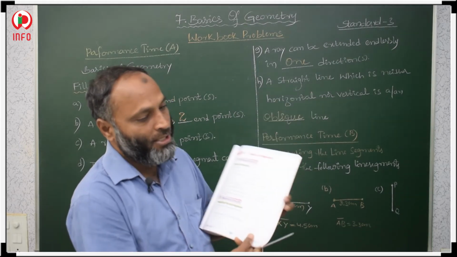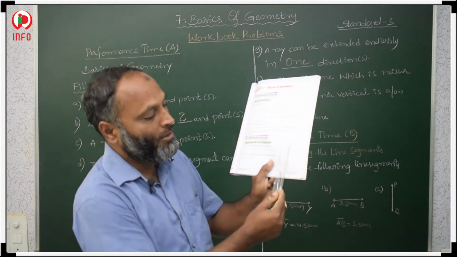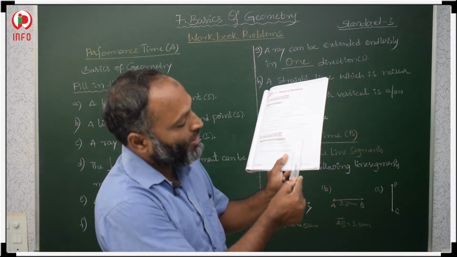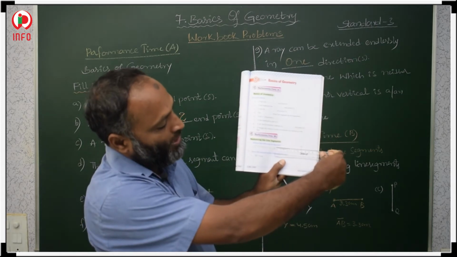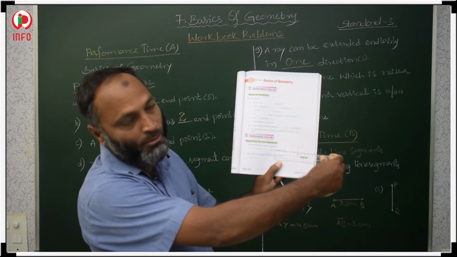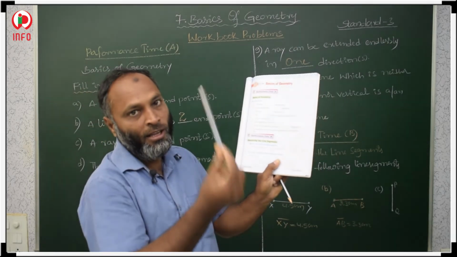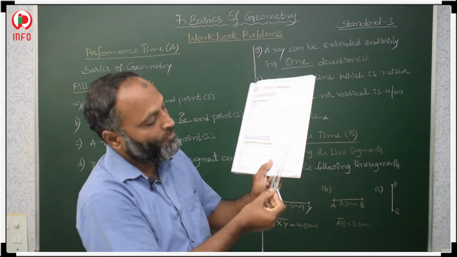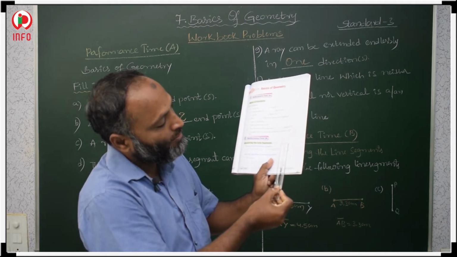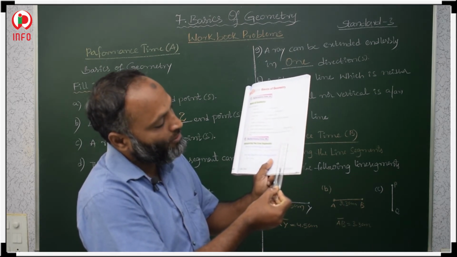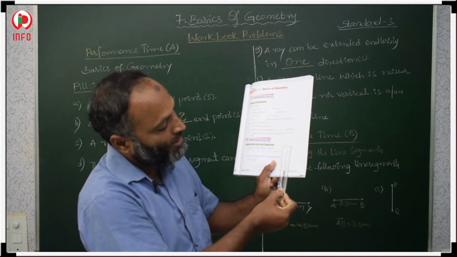Again the same concept, but this is vertical in position. So we have to keep our scale in vertical position, and the initial point P should coincide with 0 vertically. Before, we kept our scale horizontally because the line segment was horizontal. Now it is in vertical position, so you have to take your scale in vertical position. The initial point P should coincide with 0, and after that we check where the second point Q coincides, at 2.